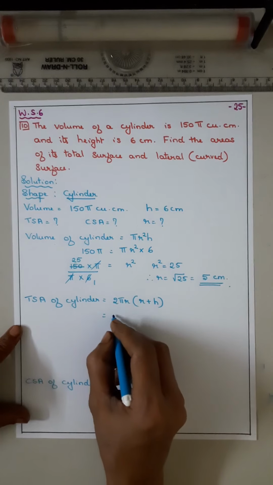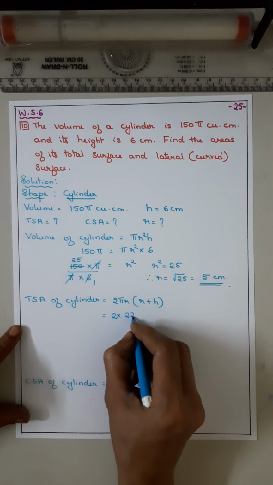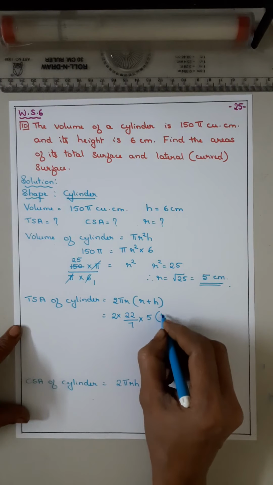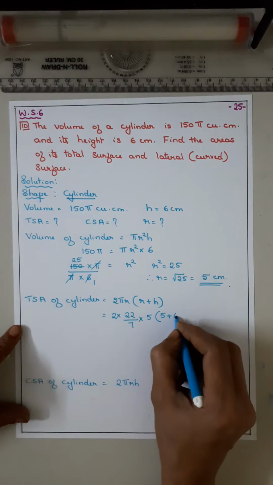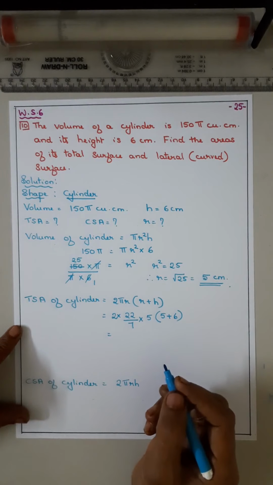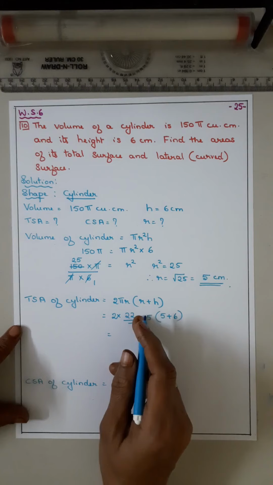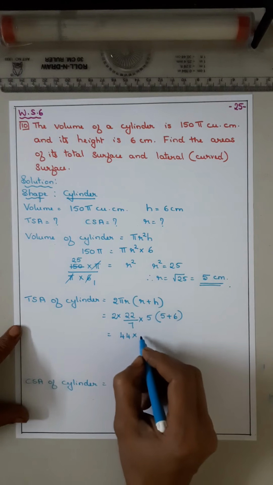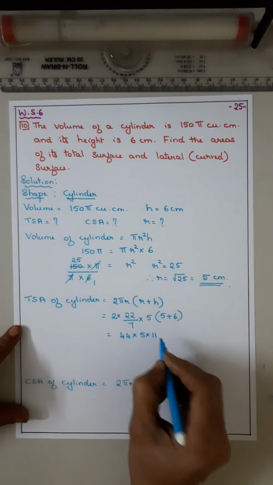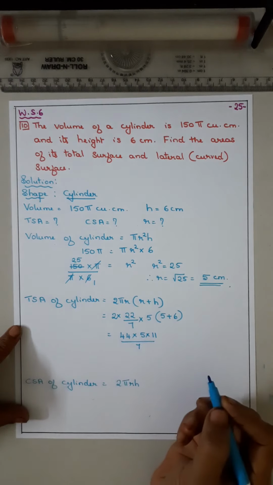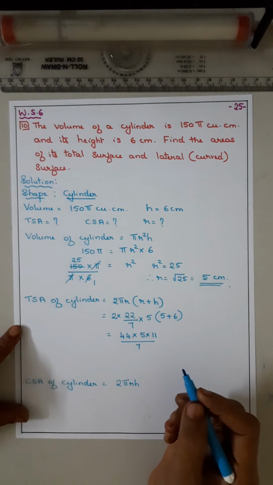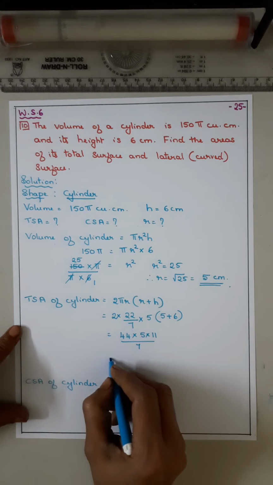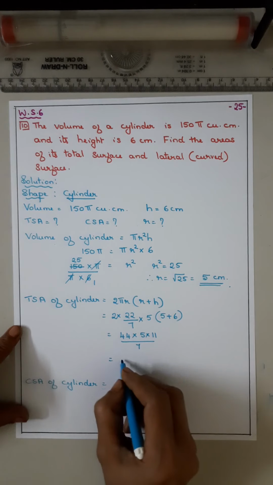So put the values. 2 into 22 by 7, r is 5, bracket 5 plus h is 6. Now, no cancellation, so multiply. 2 22s are 44 into 5 into 11 upon 7. So 44 into 55. 5 11s are 55. When you multiply, you will get